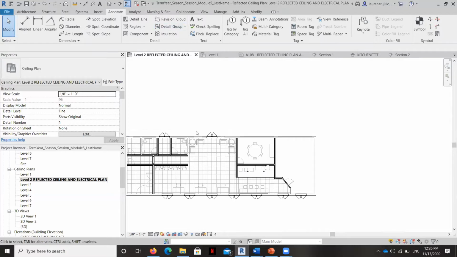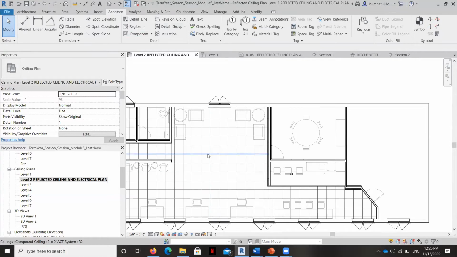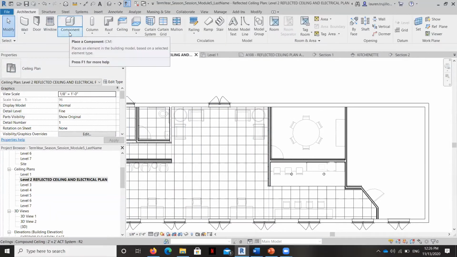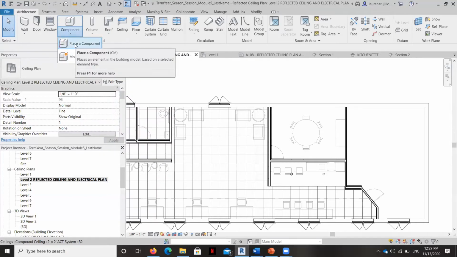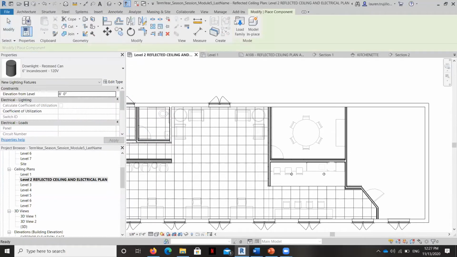I'm also going to bring in a fluorescent troffer, and those are the square shaped lights that you pop into an acoustic ceiling tile. And a lot of times they're 2x4. You can have them 2x2. They're not very beautiful, but that's what we use to get a lot of light inexpensively throughout a place with an acoustical ceiling tile ceiling.